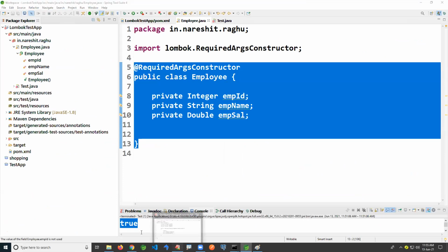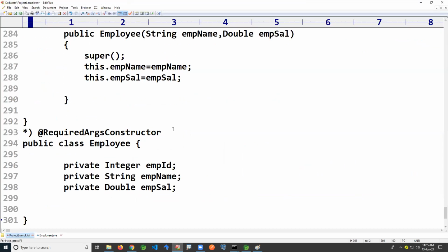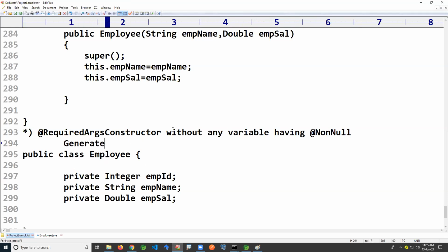So when you apply RequiredArgsConstructor without any variable having @NonNull, it generates a default constructor.